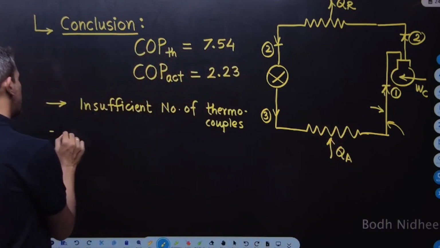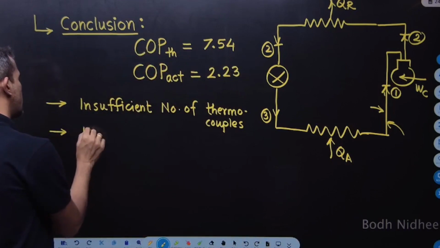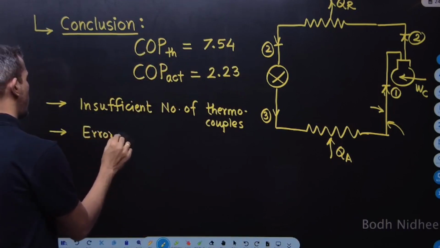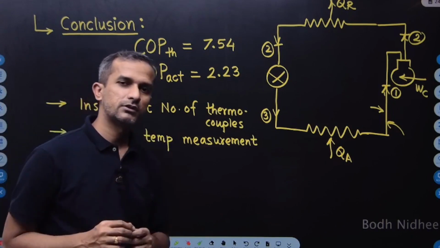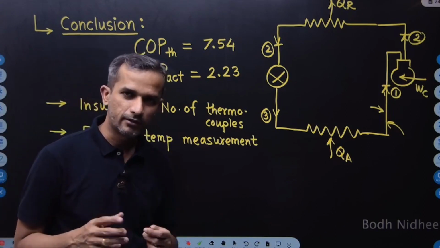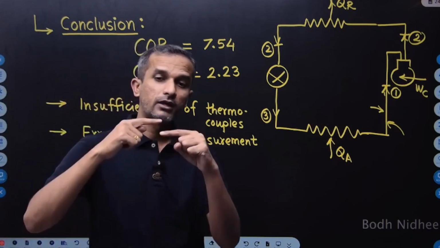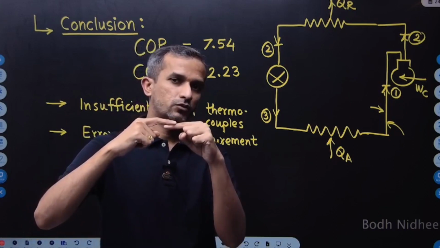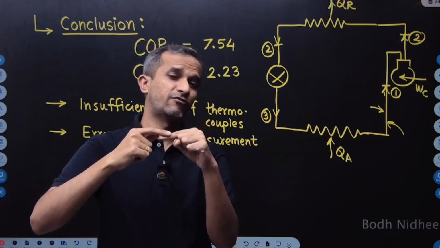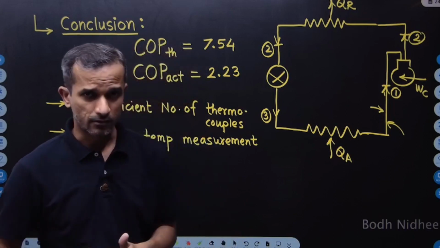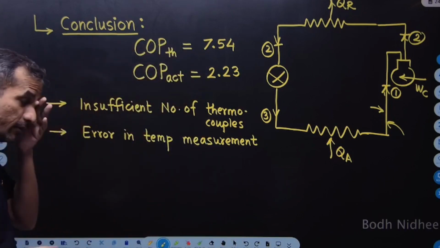Second is error in temperature measurement. Whatever thermocouples we have used are not calibrated and they are mounted on the outside surface of the tube. They cannot record the exact temperature of the refrigerant which is inside. There may be error in the temperature measurement. There may be error in the pressure measurement,